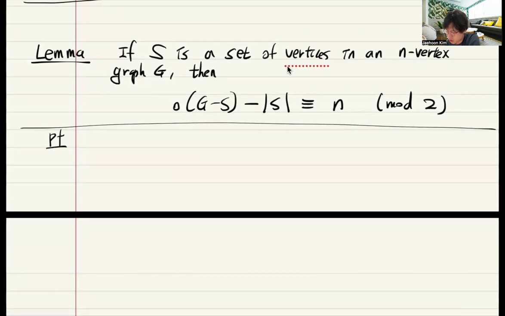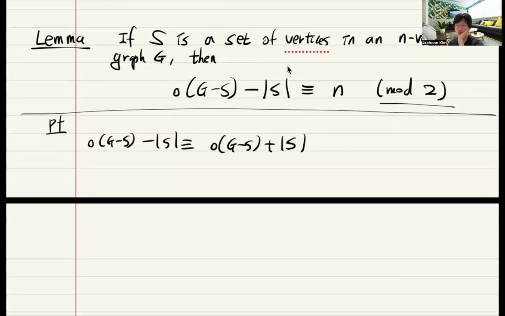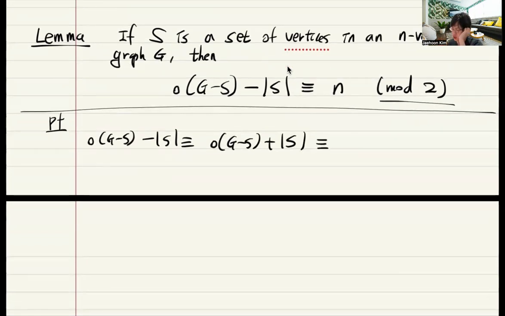And the proof is easy. Why? This actually has the same parity as G minus S plus S, because 2 times S is the same as 0 in modular arithmetic. We are doing arithmetic modulo 2. And then this is actually the same as